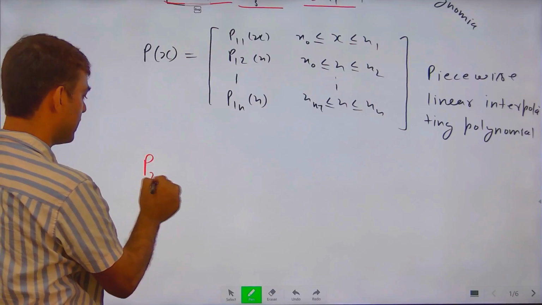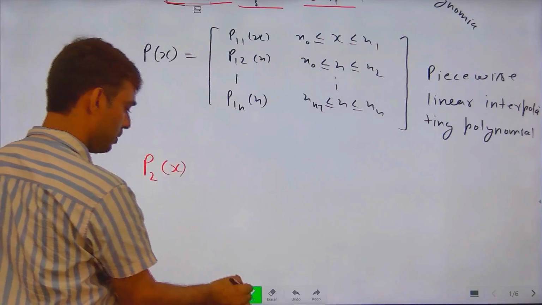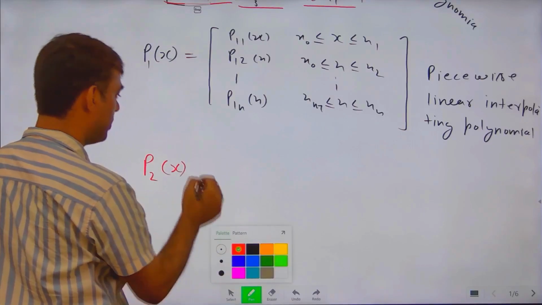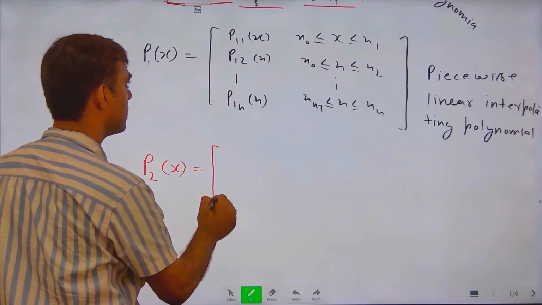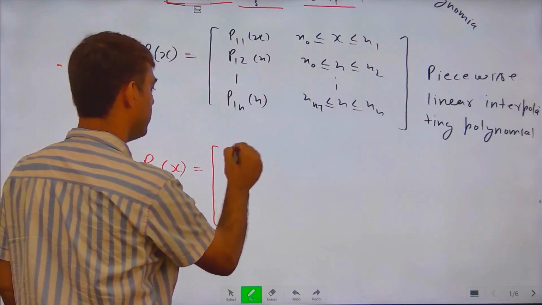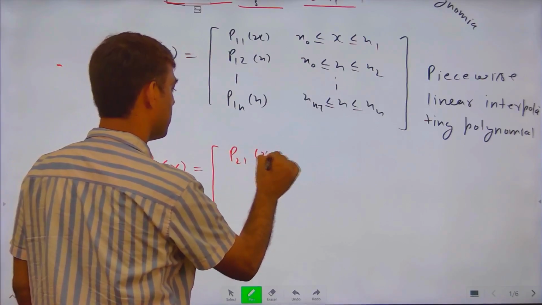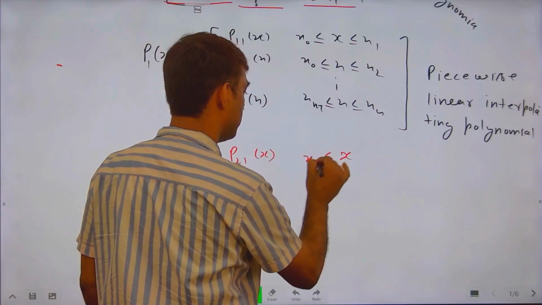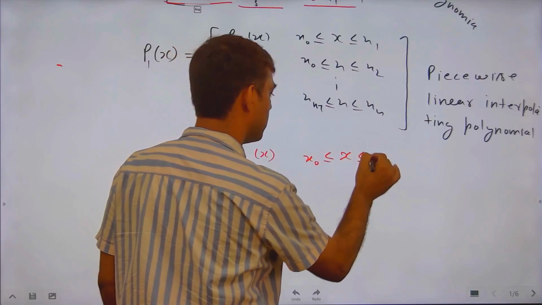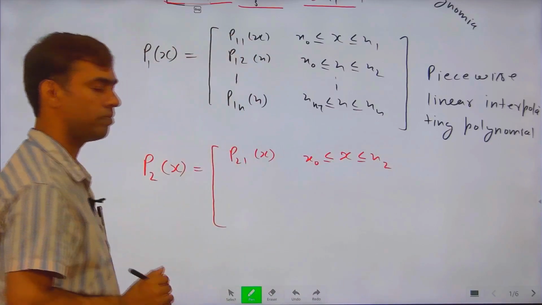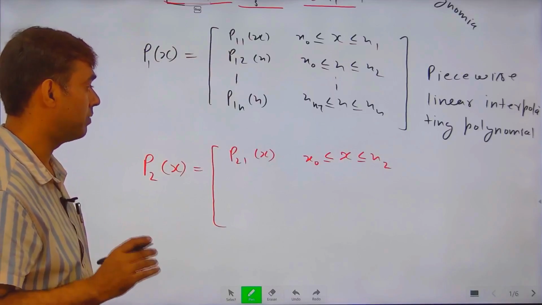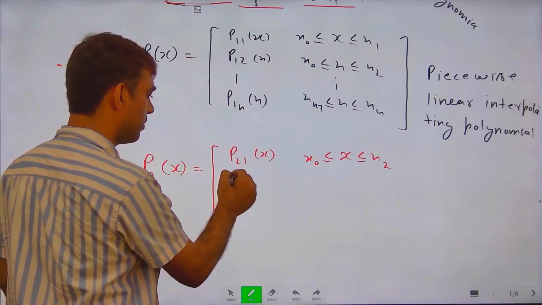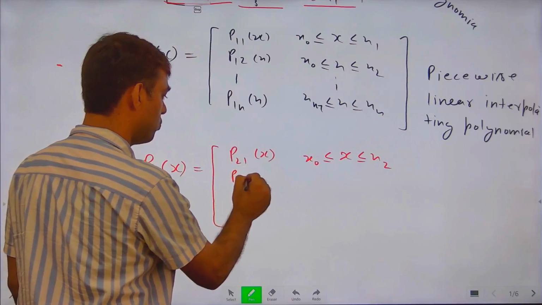Similarly, as earlier we defined, this is a second degree polynomial P2(x). So P2(x) is this: P21(x), where x lies between, there is a need of three data. First is x0, second is x1 and third is x2. Between x0 and x2 we fit a polynomial of degree 2, and similarly